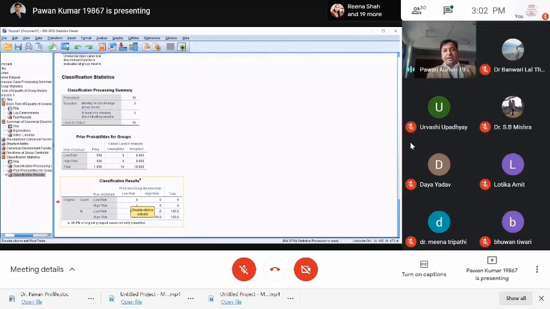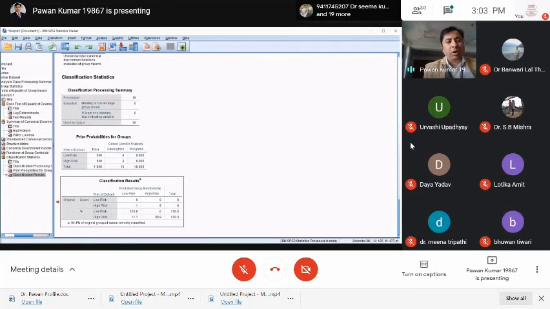Because the observed risk of default was high risk, but the SPSS, when it is run, shows this customer as low risk, but actually it is a high risk on the observation. So that is why we can say that 94.4% of the original grouped cases are correctly classified in this particular data, in this example.